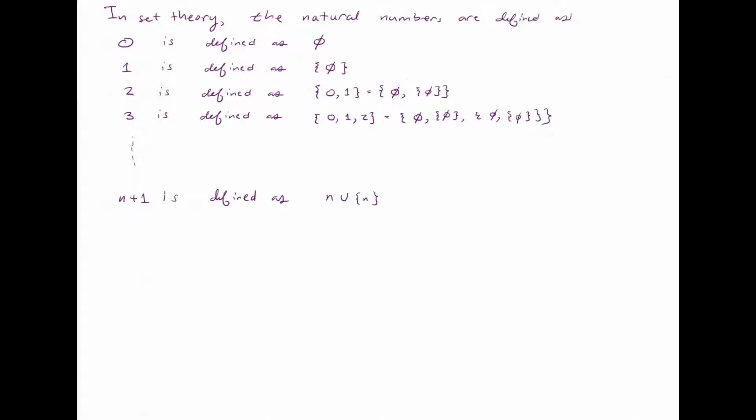In general, if we have a natural number n, defined as we have up here, we have a recursive definition, because we can define n plus 1 as n union the set containing n. If we look at, say, 3, in that case we have 2 plus 1, and according to this definition, we take 2, so here's our set for 2, and we take the union of that with the set containing 2, which is this here. And that's exactly what we have upon taking the union.